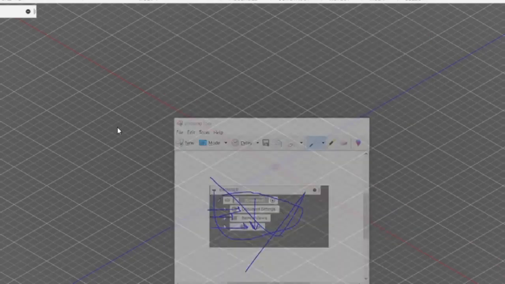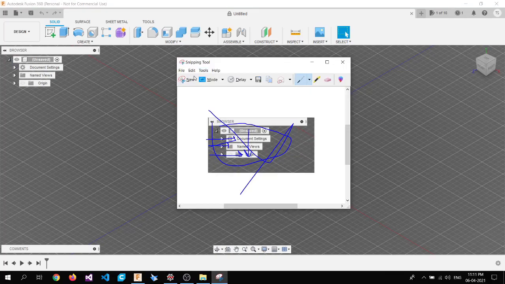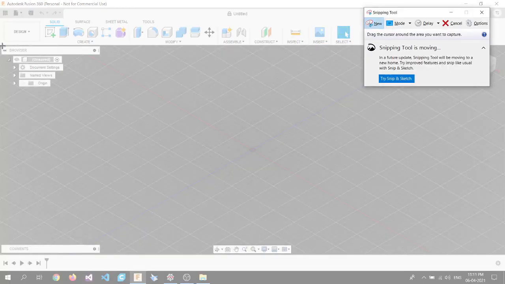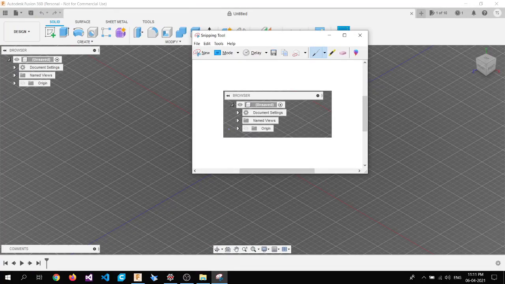Now, to do that, first we need to understand the pattern of this particular menu. So to understand the pattern, first we are going to work with the priority order. Here we only have three menus, of which we are not interested in the document settings, the named views, or the origins, because these three menus are provided by default by Fusion 360 and are used by the pro designers, I guess, because I'm not a pro designer.